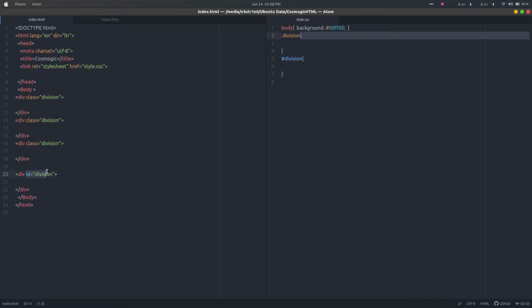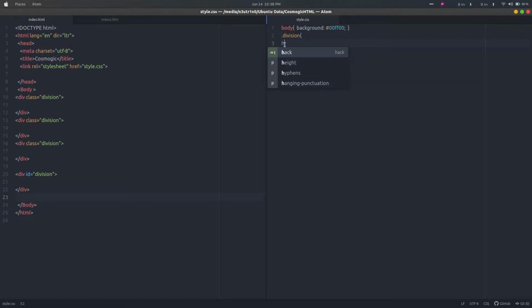It belongs to only one element. If I use an ID here, it can only be used here, and we can't do this with an ID because a unique ID has been given to it.